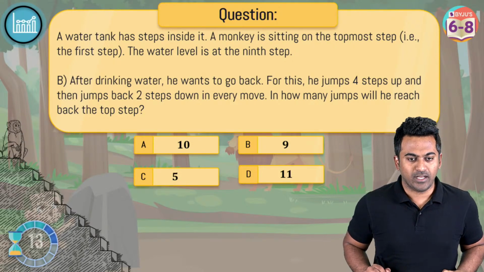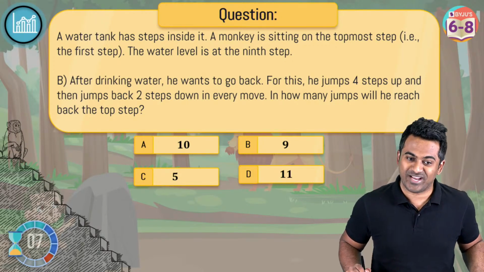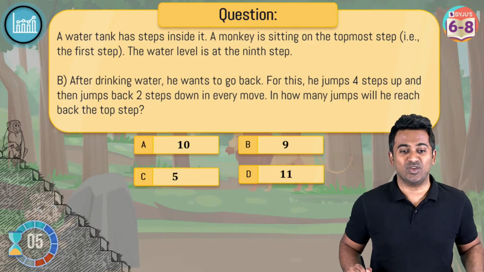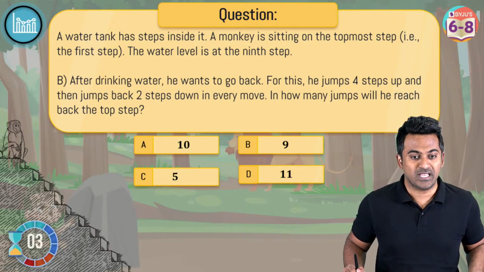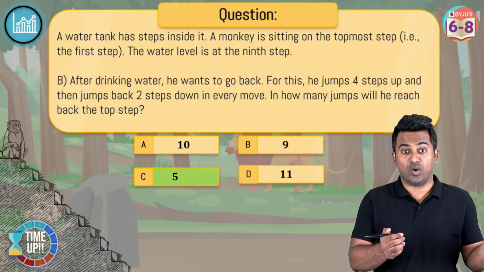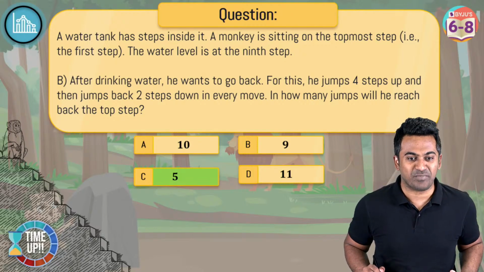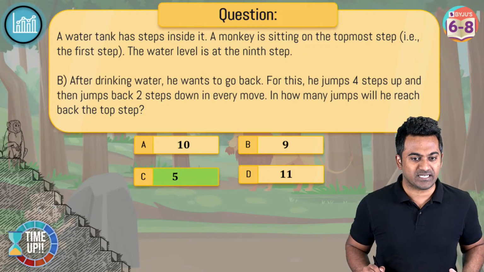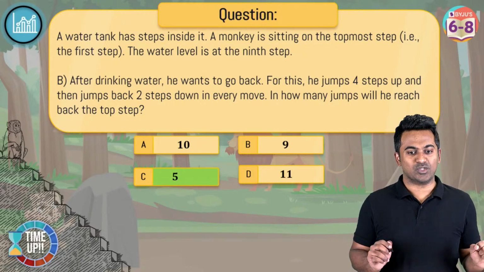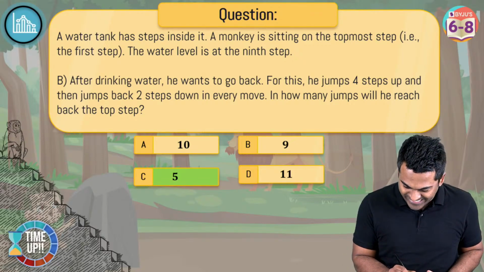All right, Dibyanshi already has the answer 5, Anita has the answer 5 jumps. I'm hoping this one is correct. Good job, guys. If you've got this correct, you are pretty fast with calculations. Ashleen also has it, Shri has it, Rabindra has it. All right, 5 is what you guys are saying. The time is up here, and the correct answer is option C, 5. Palak also has it now. Harsh has it. Mona also has it. Anvi has it. Rupa has it. Well done, guys. Awesome on getting this one correct.